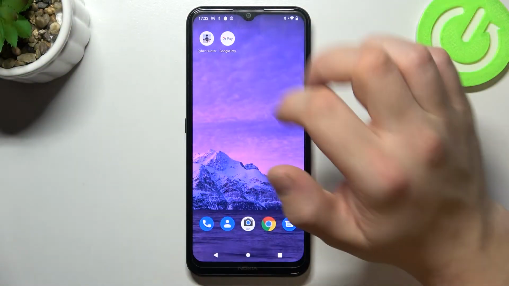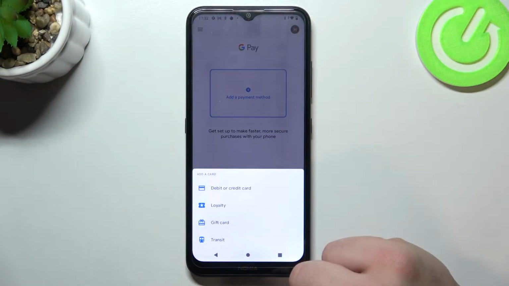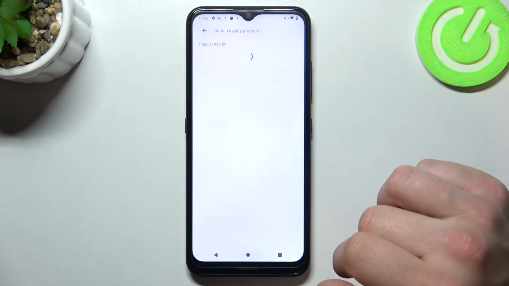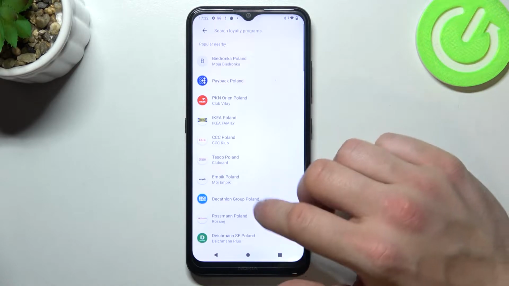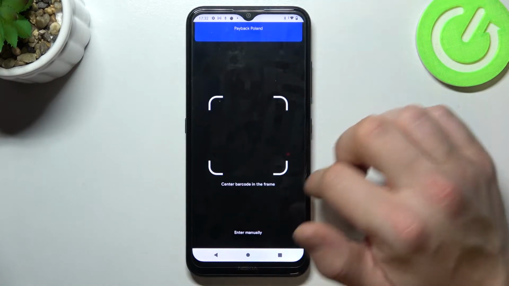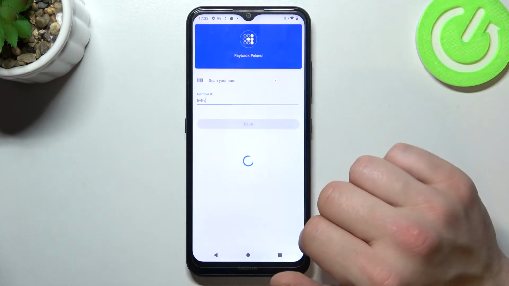In the beginning, let's enter Google Pay and tap the blue button at the bottom of the screen. Now focus on loyalty, gift card and transit. Enter loyalty and select the card you want to add, for example Payback Poland. Now you can scan your card or enter details manually. Tap save